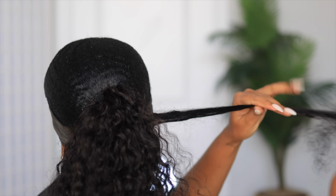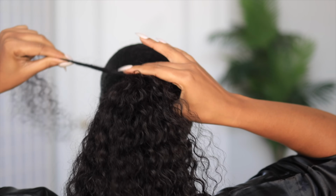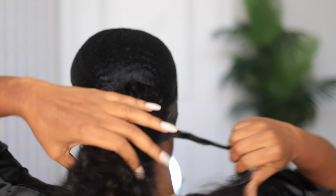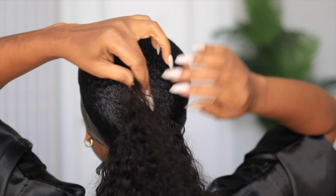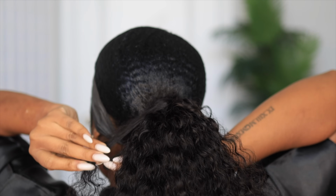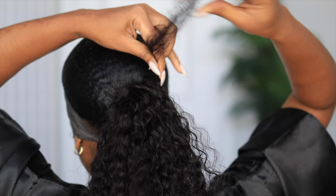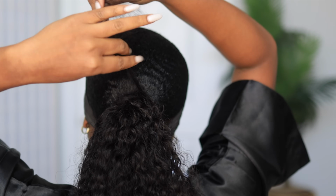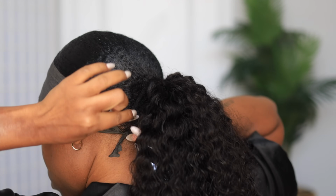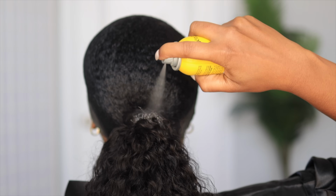Now we're gonna wrap the base by pulling a piece of the hair and just combing it out so that it could be flat, and then we're gonna wrap it. You're not gonna wrap it too tight. We're gonna wrap it enough where it feels secure, and also it's gonna give that professional invisible ponytail look. Love that. So we're just gonna keep wrapping until we get to the end of our little piece of hair, and then we're gonna use the Got2b freezing spray onto that, so that is gonna hold the hair in place,